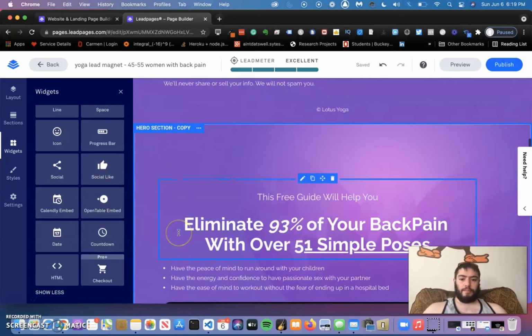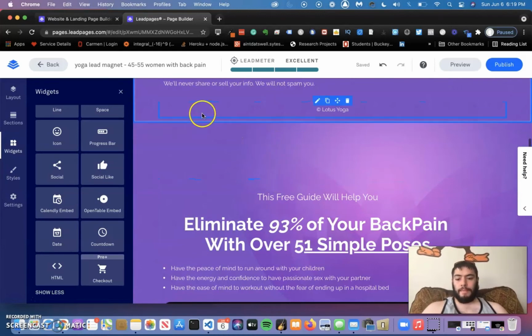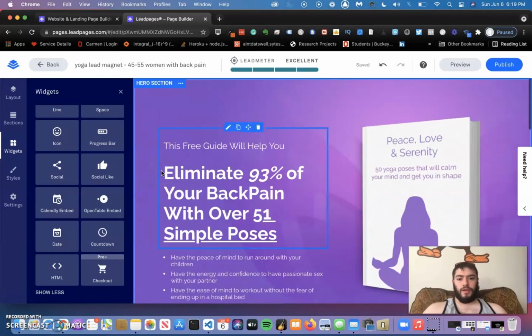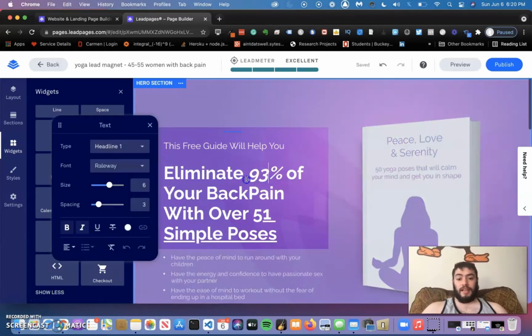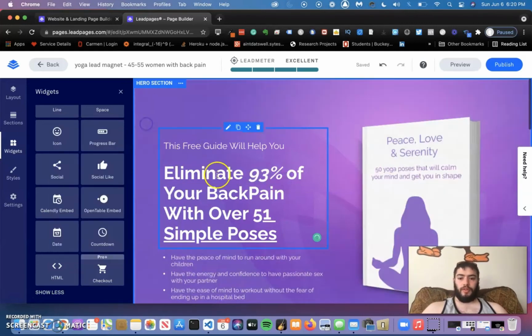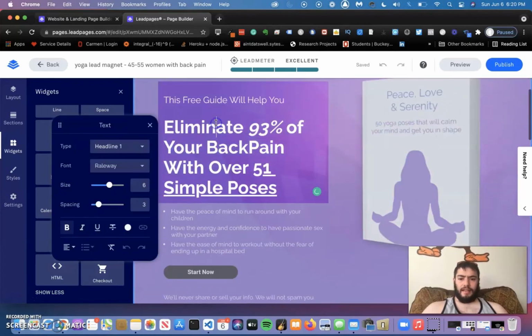Social proof, anytime you have proof, people love two things. They love emotional connections and proof. If you combine those, your conversions will go through the roof. Like if I just told you, here's 50 poses that will get rid of your back pain. There's no emotions, it's boring. But now I'm saying 93%, it's like, okay, that's more believable. And then I'm saying, maybe, eliminate